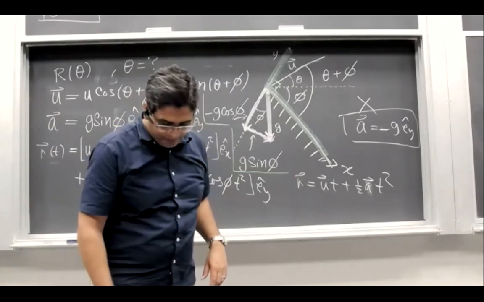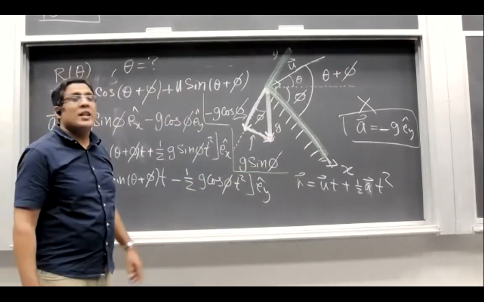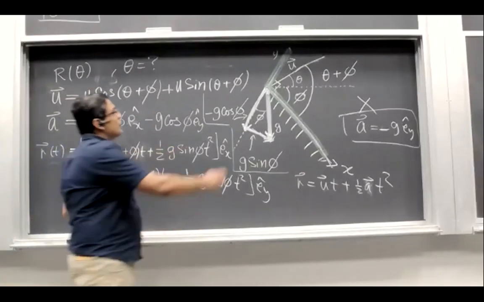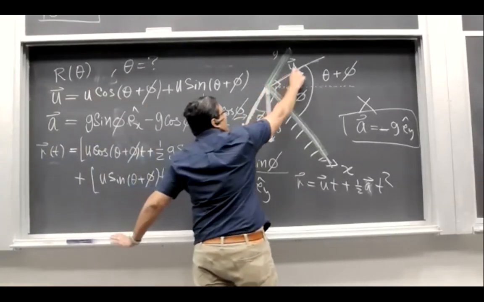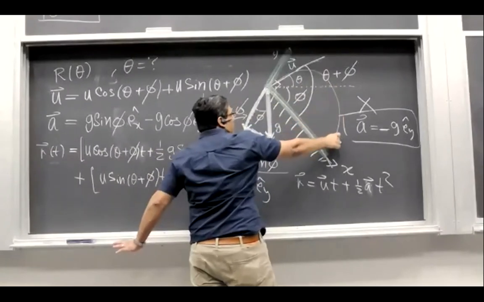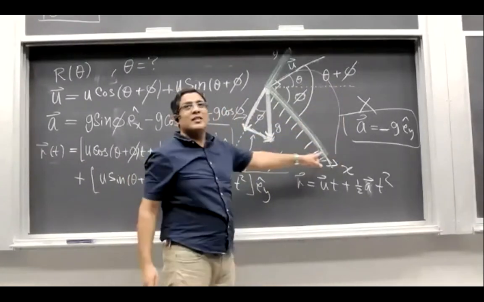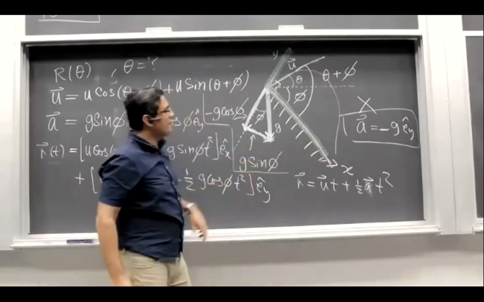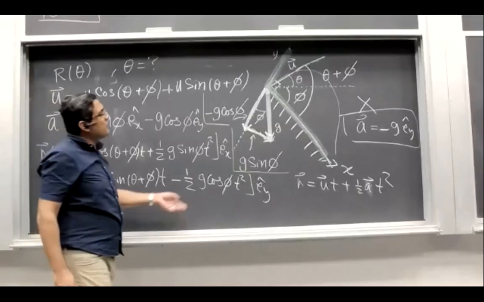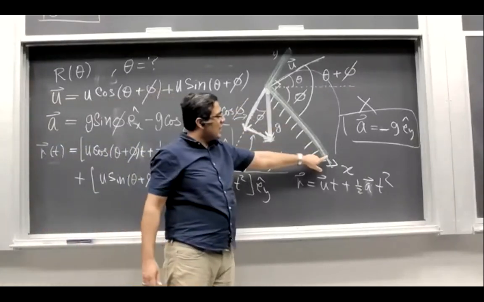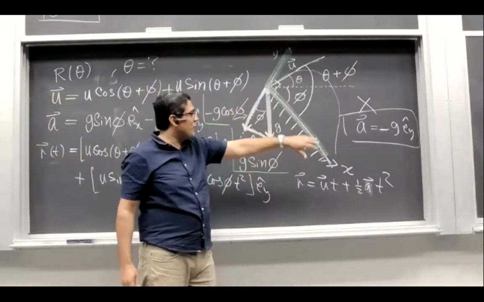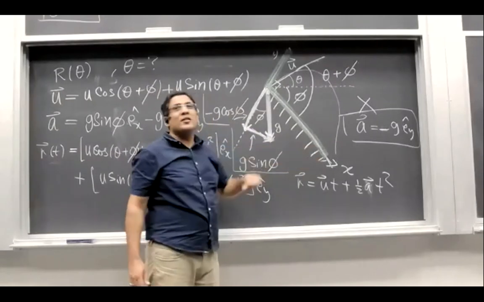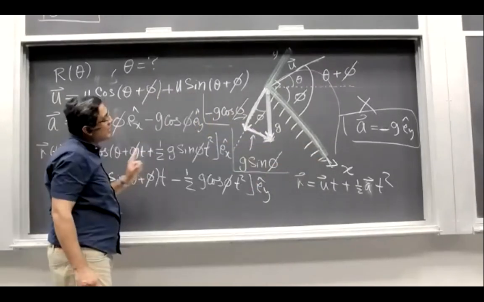Anyone? To calculate the maximum time of flight, of course, the projectile would travel something like this and then eventually would come down, right? And hit the ground at some distance. What would be the condition? It starts at t equals 0. Yes, but that's fine. What time would it hit the ground? So what would be the physical condition? We need to find out time, but where the y component is 0. Good. Yes, y component 0.